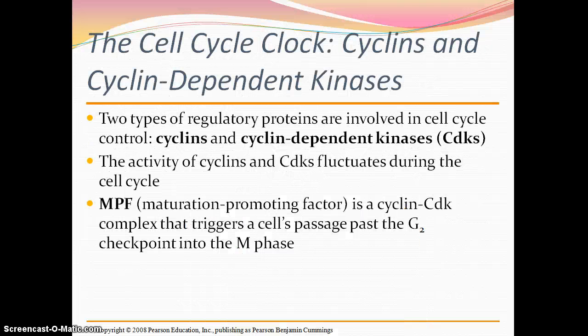So what's controlling this clock are cyclins and cyclin-dependent kinases. So these are both regulatory proteins involved in the cell cycle, and they're closely related, as you can tell by their names. The cyclin-dependent kinases have to have cyclins attached in order for cell division to occur. And so the amount of cyclin present and the cyclin-dependent kinases, or CDKs, fluctuates during the cell cycle. And the maturation promoting factor is actually that combination of a cyclin-dependent kinase complex